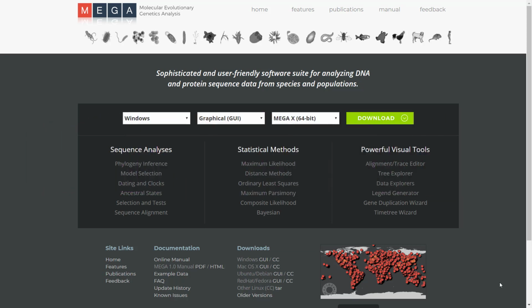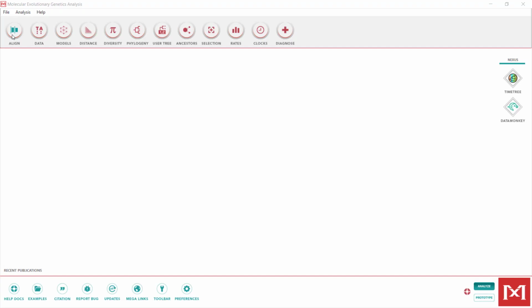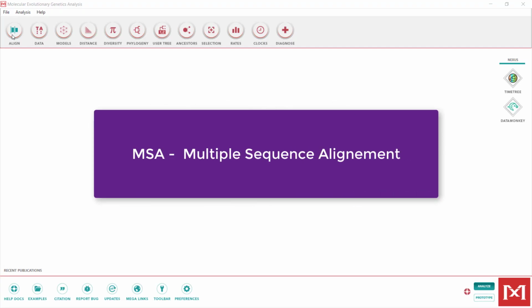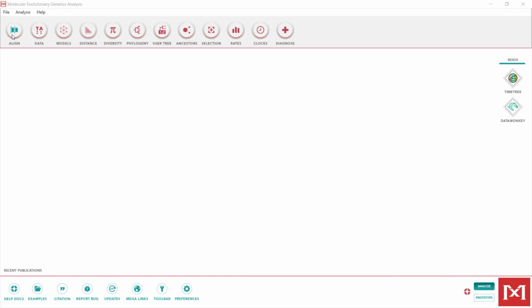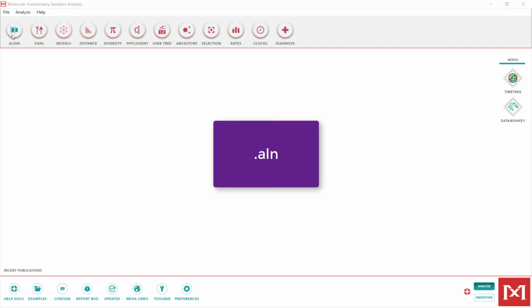In order to gain confidence in the results of the tree construction and to be able to identify its root, it is advised to add an outgroup sequence that should come out as an outlier in the final tree. Therefore, we added a sequence of a Chinese isolate of the virus. The first stage is to create a multiple sequence alignment. You can either do it within Mega or import a multiple sequence alignment from a different program such as the Clustal-O that we previously discussed, as long as they are saved in Mega format with the .align extension.